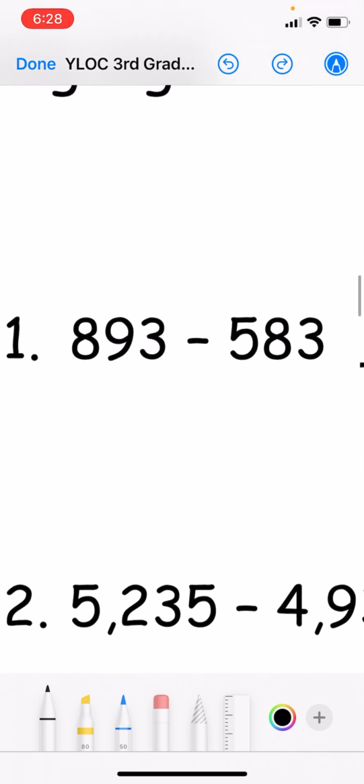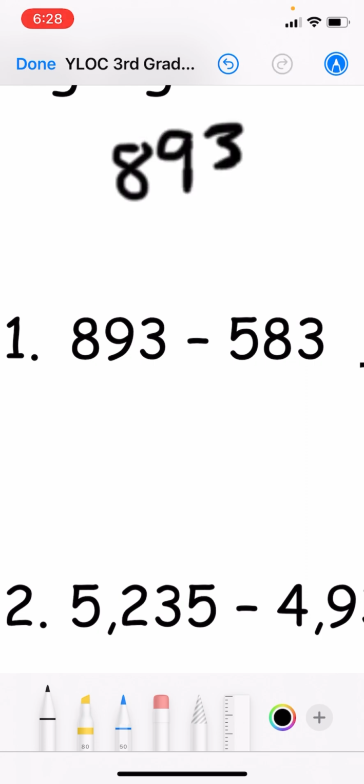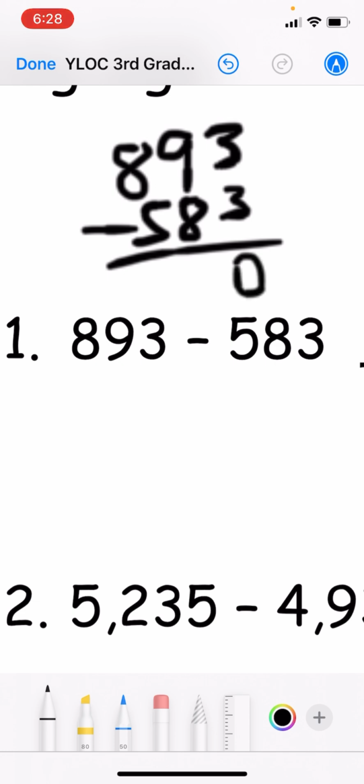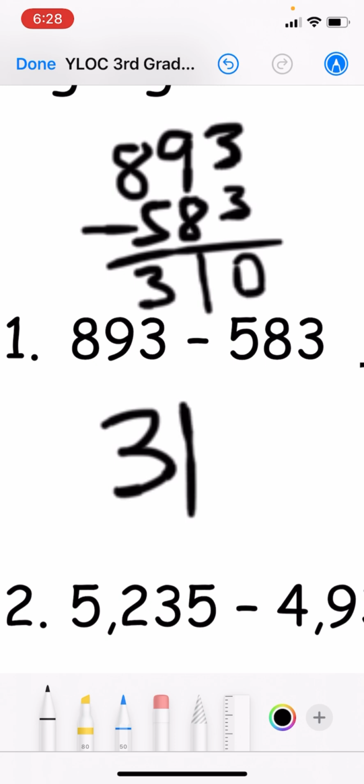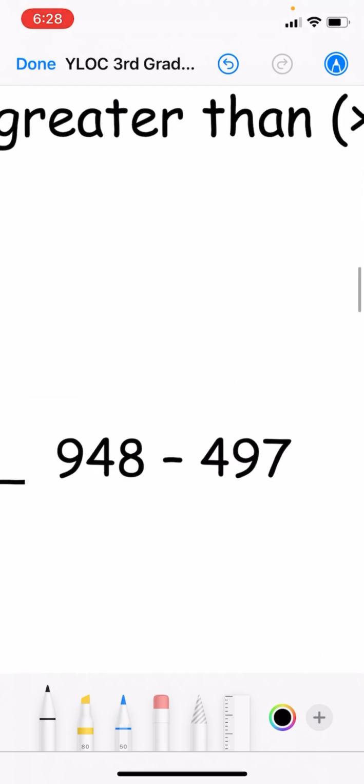For number 1, we have 893 minus 583. 3 minus 3 is 0. 9 minus 8 is 1. 8 minus 5 is 3. Over here, we have 310. Over here, we have